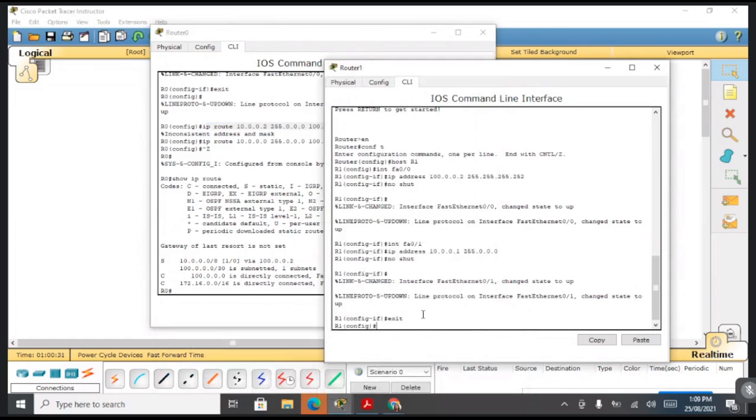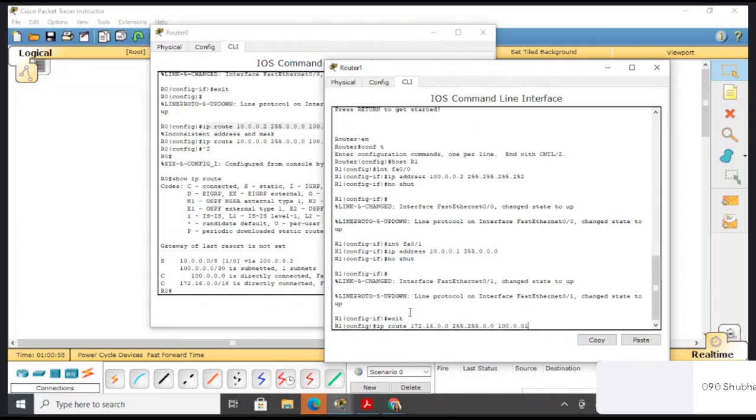R1 here, ip route. Then for R1, the subnet number is 172.16.0.0, right? And the subnet mask for that IP is 255.255.0.0, and the next hop IP address is 100.0.0.1.